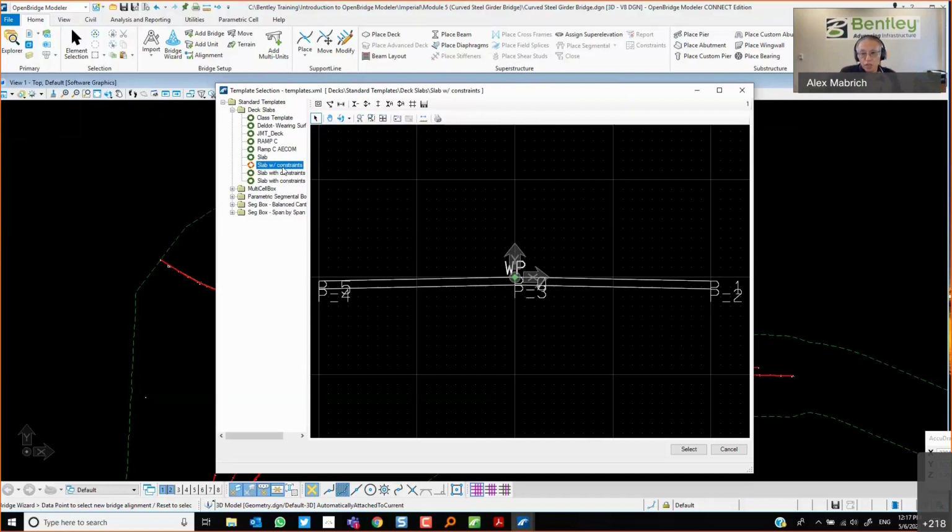But then if you change the width of the deck, maybe the beam layout will change, because the edges of the deck, which the placement of the beams refers to, will be different. So you may not get the effect that you want. And then you got to do checking after checking after checking, right? So that is what